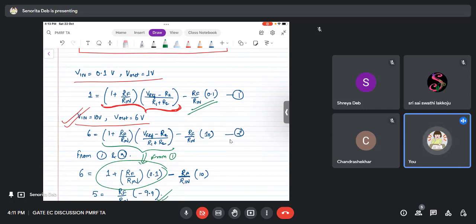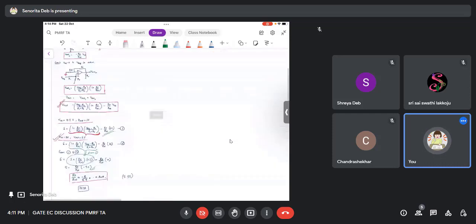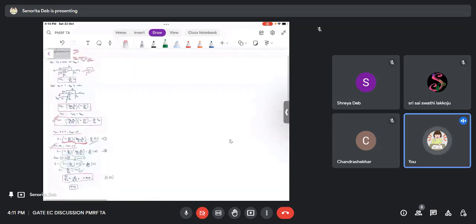Now you see how many steps I have done. I have not done many steps, right? And the solution is there. So first I did the superposition theorem, I got the conditions, and then I simply took out the values and plugged in the values, and I simply got the answer. Okay,